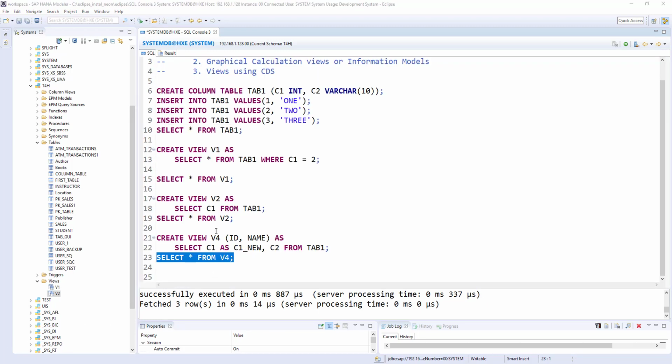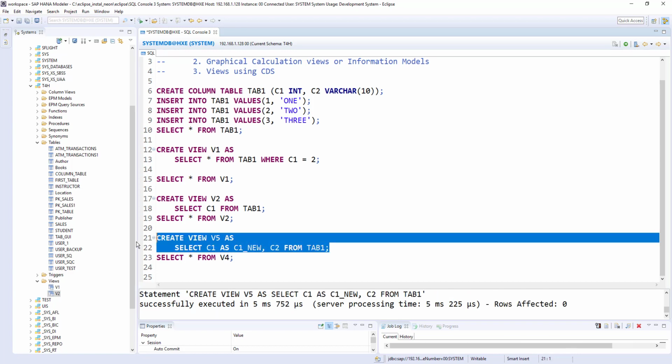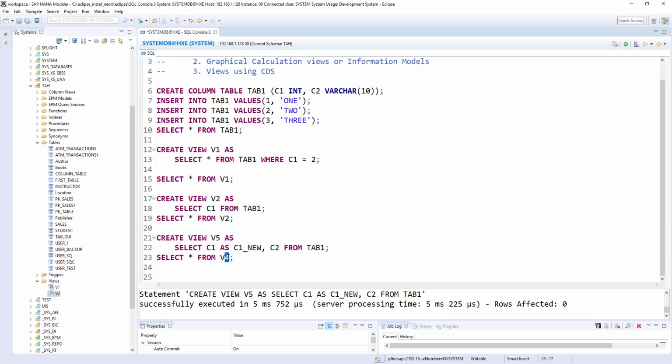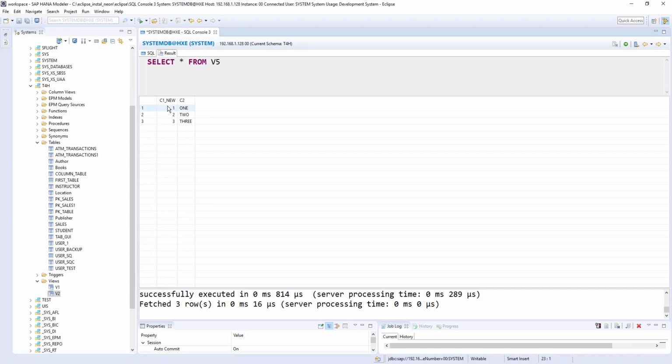So if you make another view v5 and I am not giving any column names here, then let's see, v5, I executed that, and v5 c1 new.